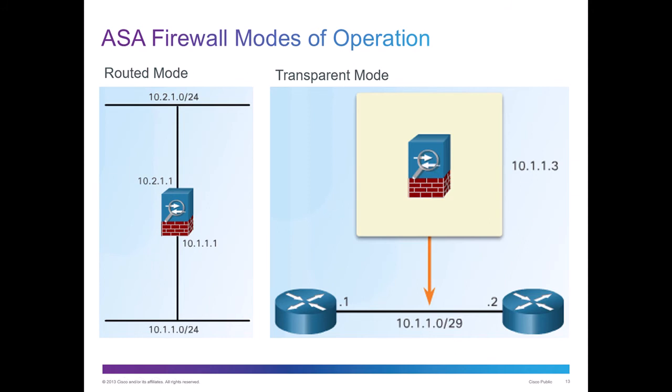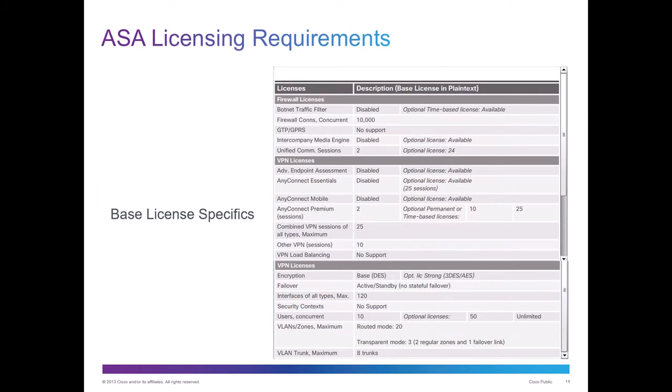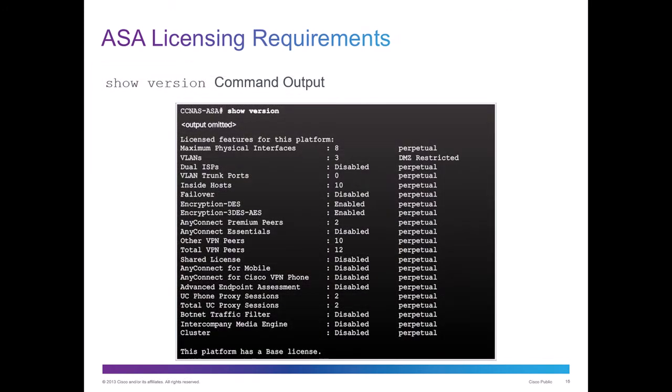All right, so write these down. The two modes that it can operate in: routed mode, acting like a router, or transparent mode, acting like a switch. All right, so when it comes to licensing requirements, these are the licensing requirements if you have one. The ones that we got, we already have the license installed. We don't have to get into this right now. Let's just skip that for now. All right,